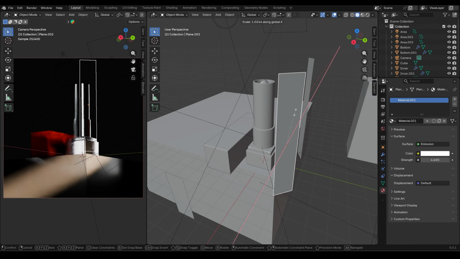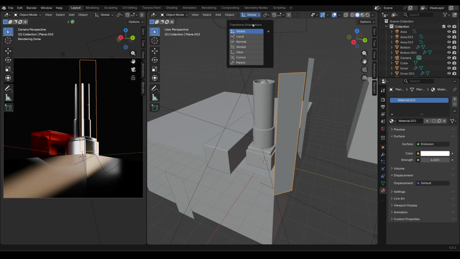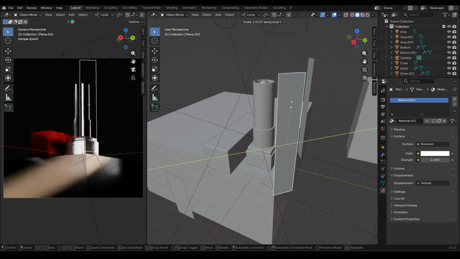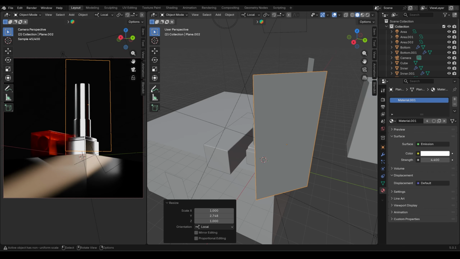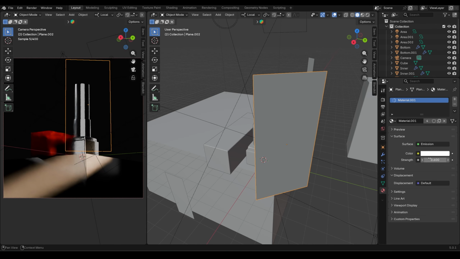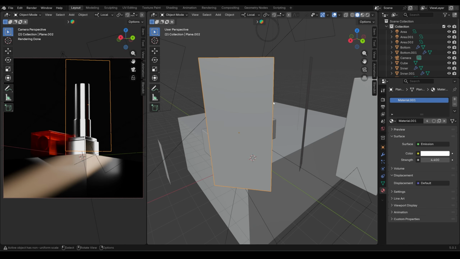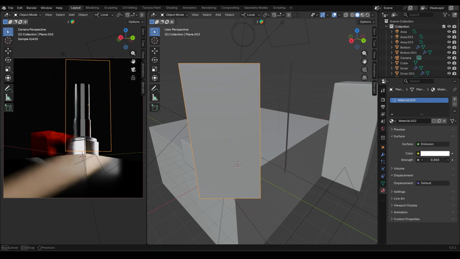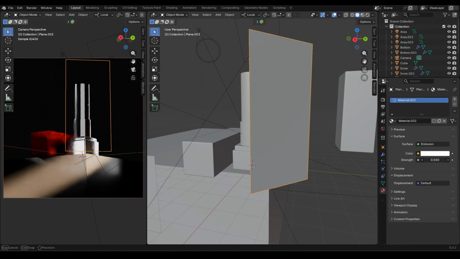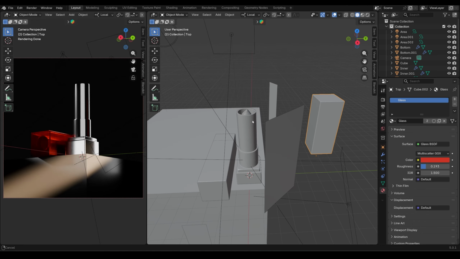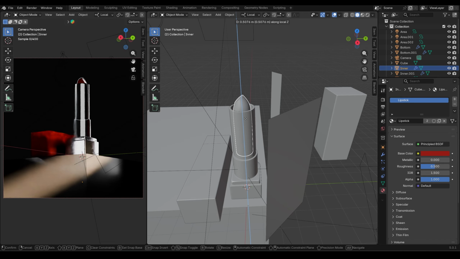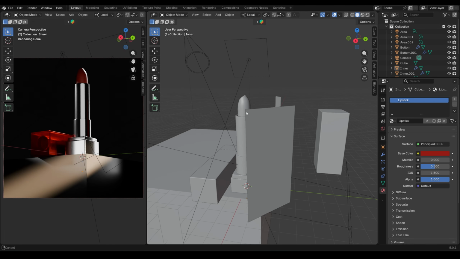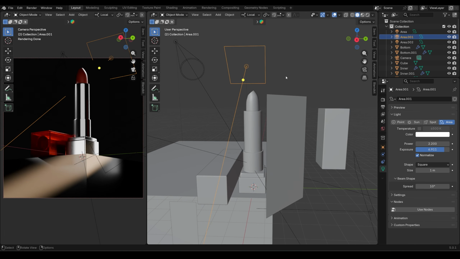Let's scale this, and I will select local from this transform orientation. Now press S and Y to make it wide and decrease the strength. So right now these two lights are linked, so I will select this one and press this number to make it separate, and now we can just decrease the brightness separately. And also let's select this lipstick and move it up to get a really nice shot of this as well. And we can adjust the highlight from this back area light